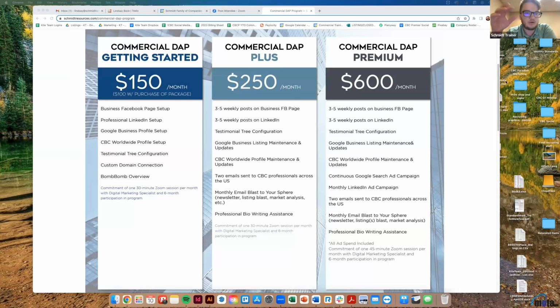So it should say $150 per package or one-time fee or something, because if you purchase a Getting Started with a Plus or a Premium program, then it's $100 one time. And then the other ones are month to month. But if you're like, hey, I don't know if Plus or Premium is right for me yet, but I do want to get everything squared away,